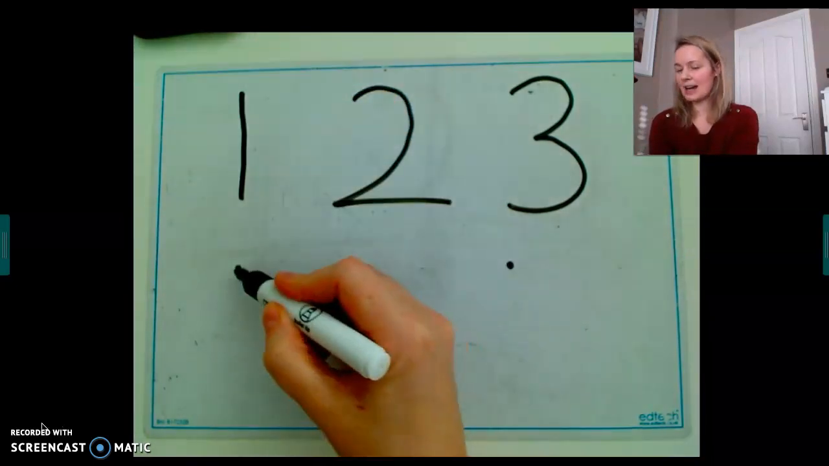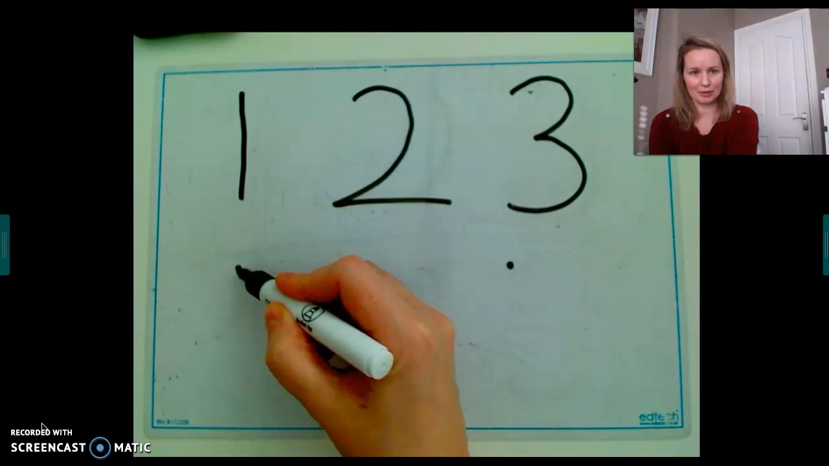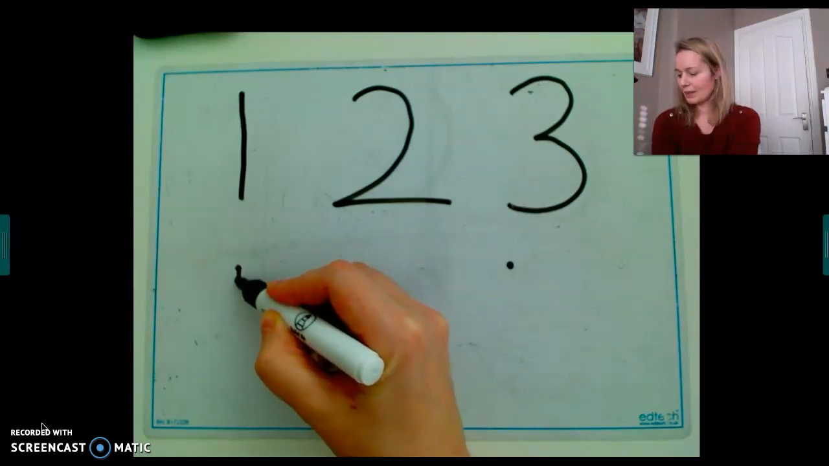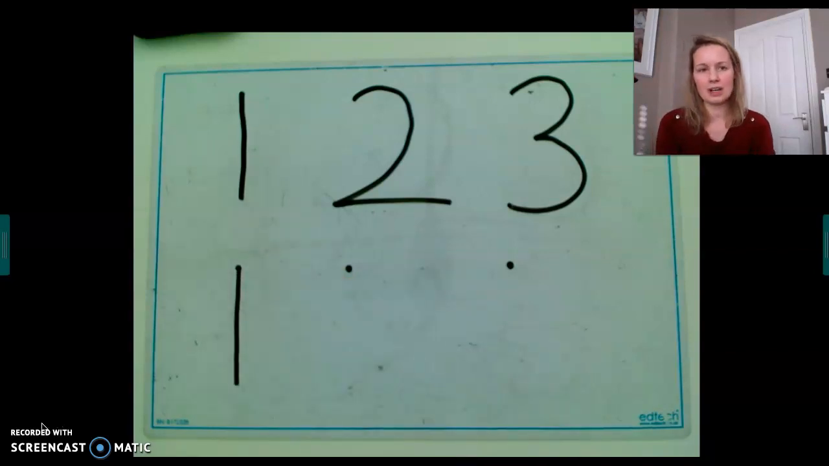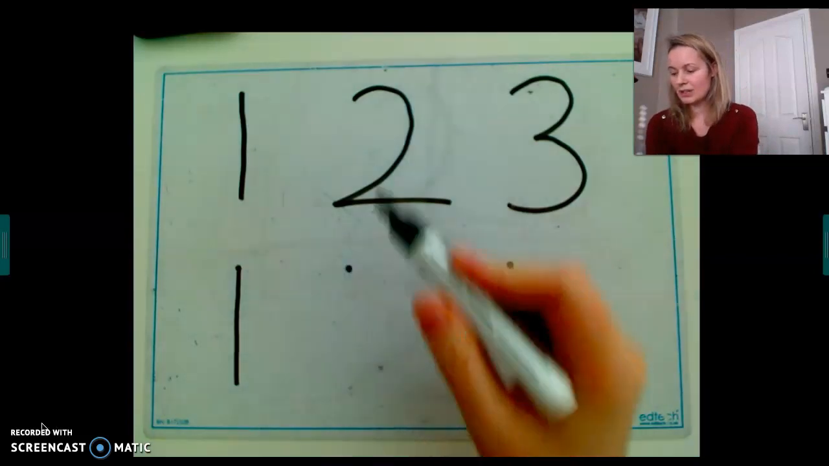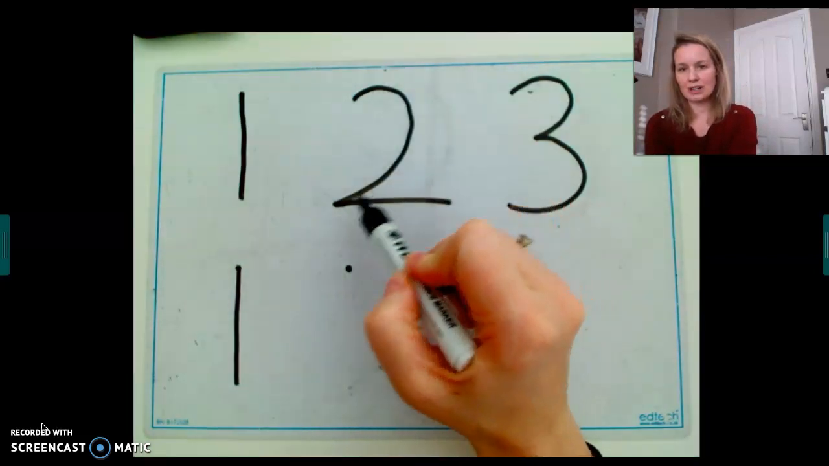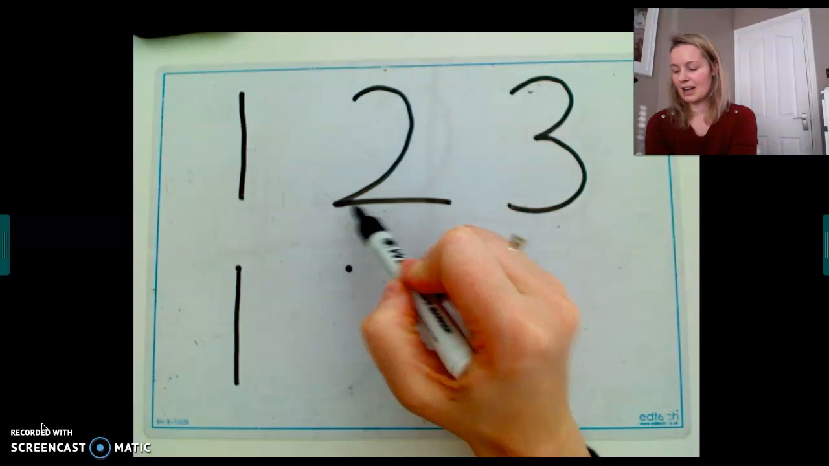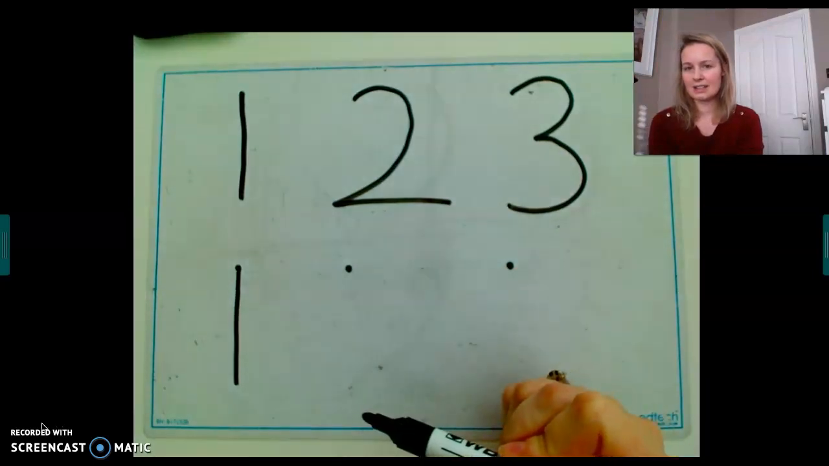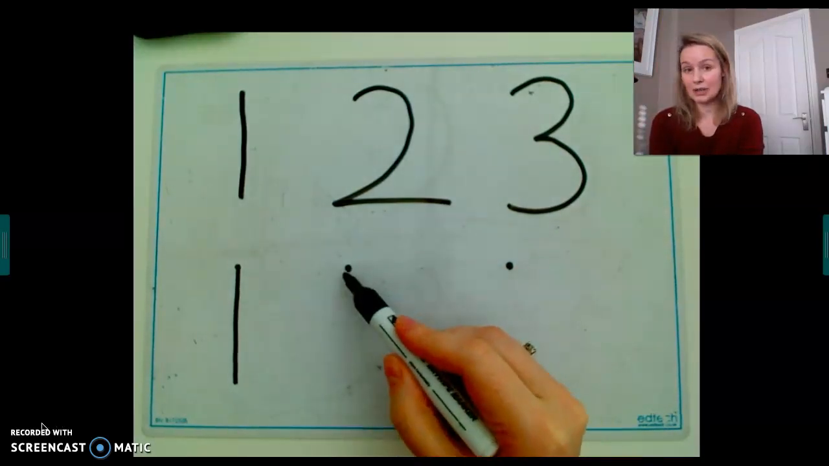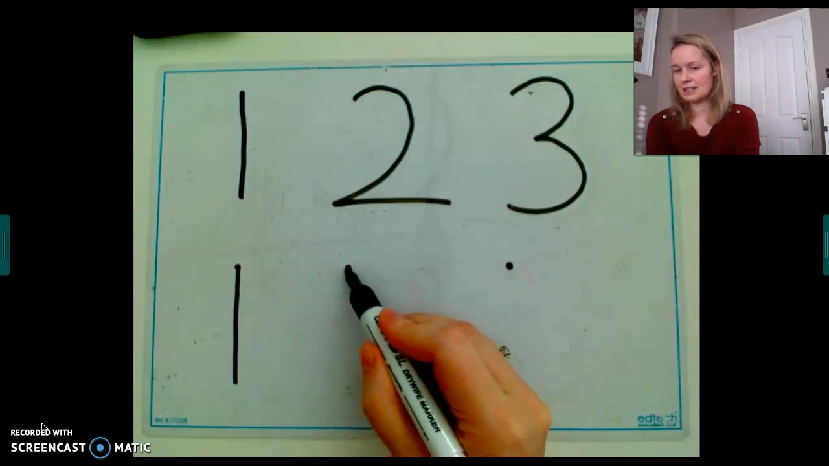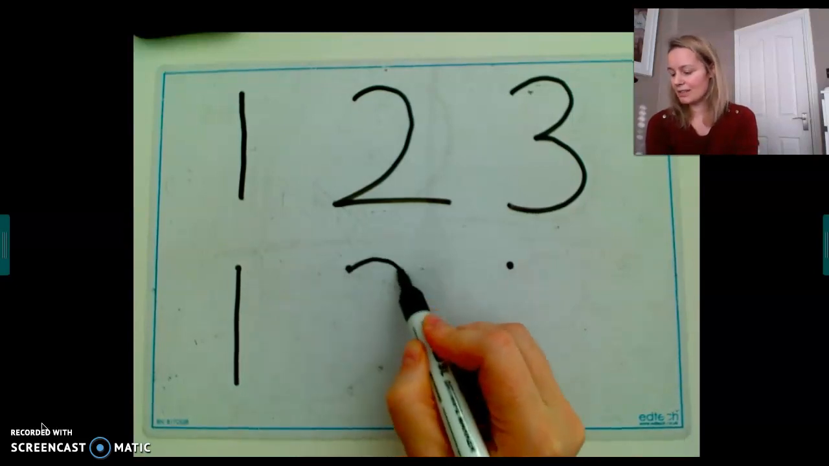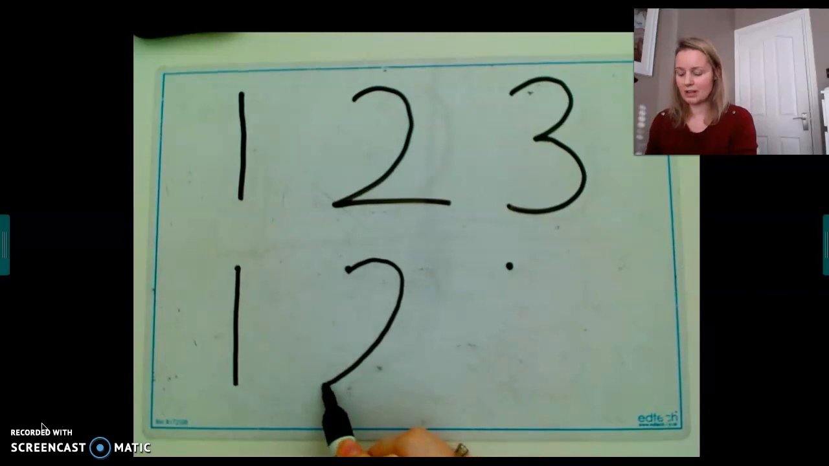And if we were to practice writing our numeral 1, we would start at the top and just do one line down. For our numeral 2, there's two lines. There's one curved line and one straight line. And if we were to write the numeral 2, we would start at the top, we go around and down, stop, and then